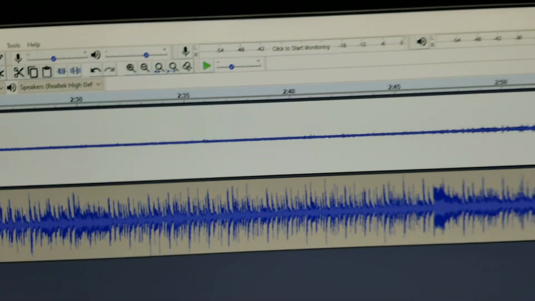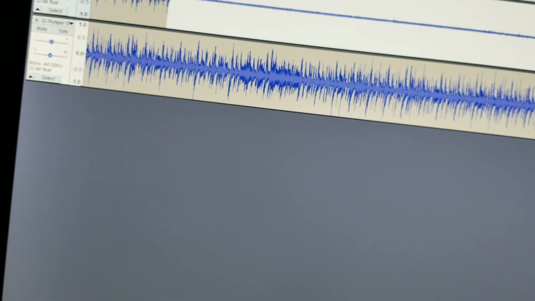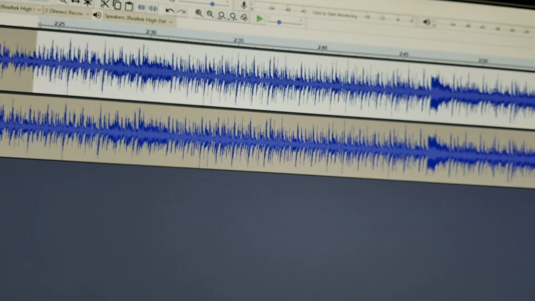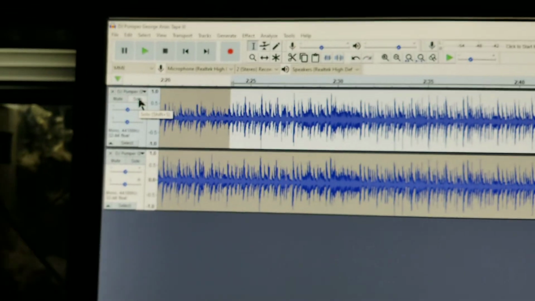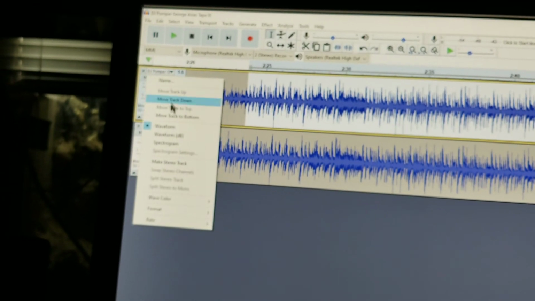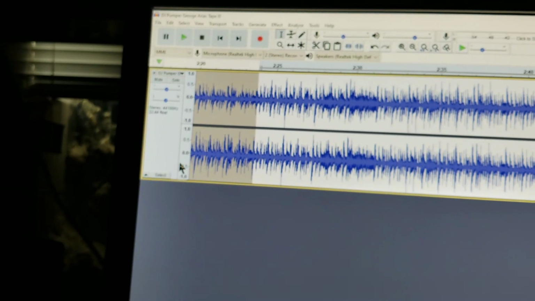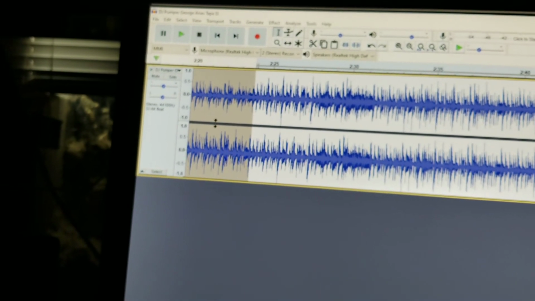So now that's the portion that you're replacing from the one from the bottom. And then you go to edit and paste. Boom. Now you can go back up here and make it a stereo track, basically. So now if I highlight this,